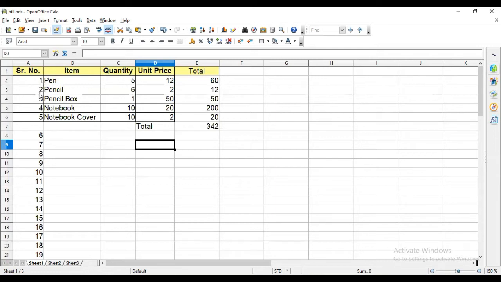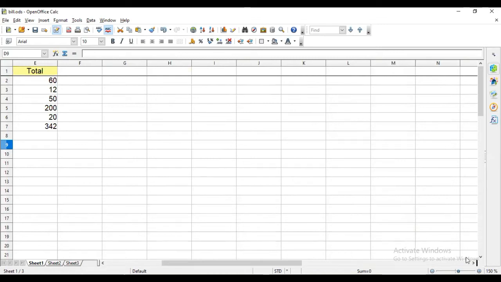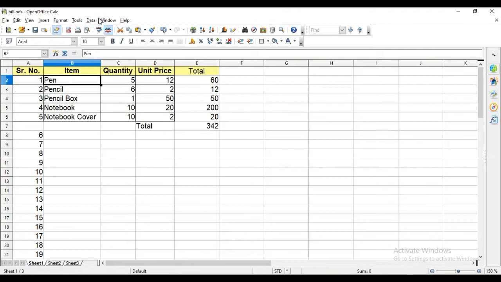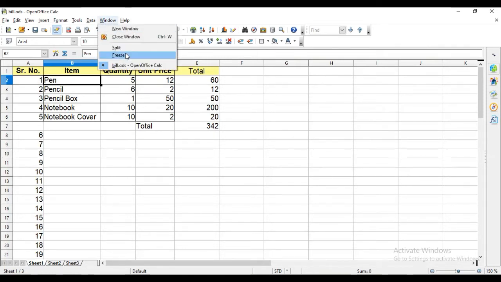Same way, for example, if I want this serial number also, when I scroll this page to the right-hand side like this, and I want this serial number to be there only, at that time select this cell. This cell is in the second row and second column. That means whatever rows and columns are before this cell will get frozen. So first of all unfreeze the first one and then select freeze.